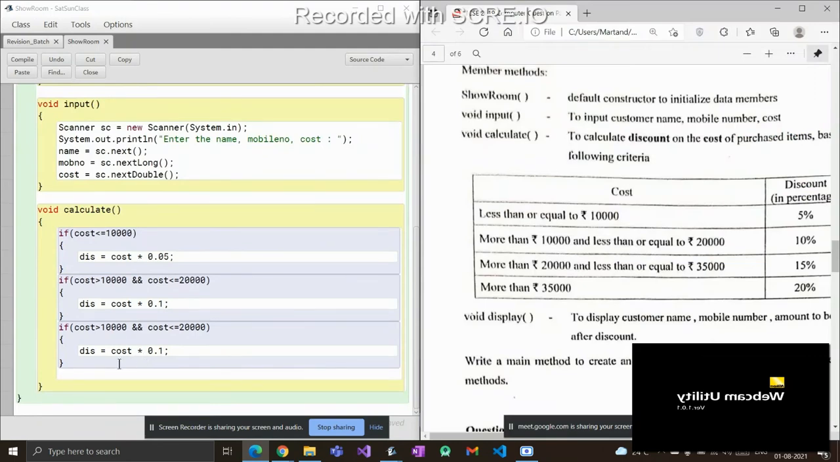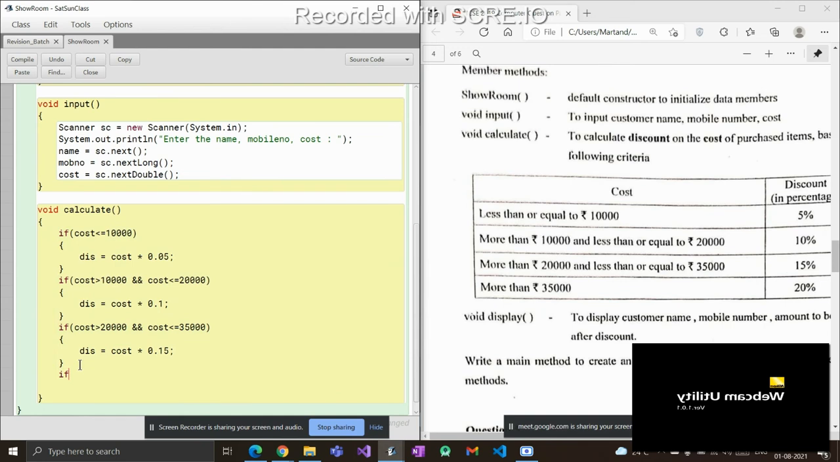I copied this and am pasting over here. It says greater than 20,000 and less than or equal to 35,000. So it's 35,000 over here, and they are giving 15% discount. And if it is more than 35,000, so if, oh, sorry,